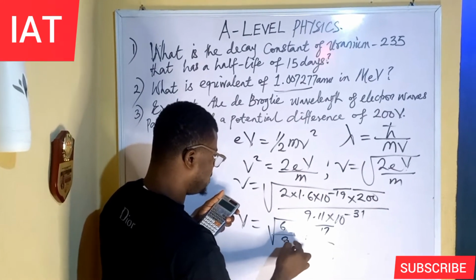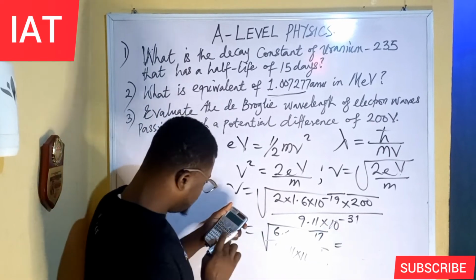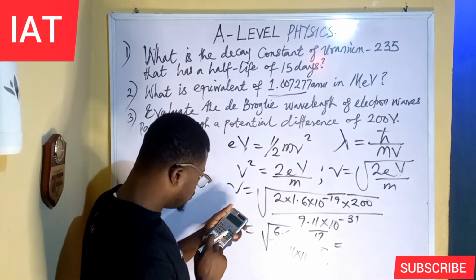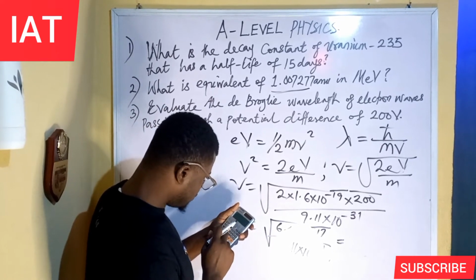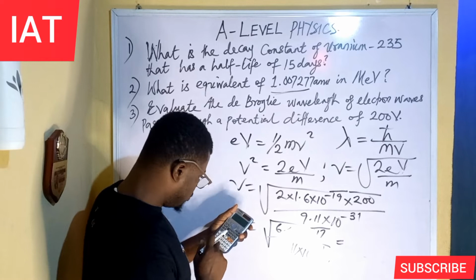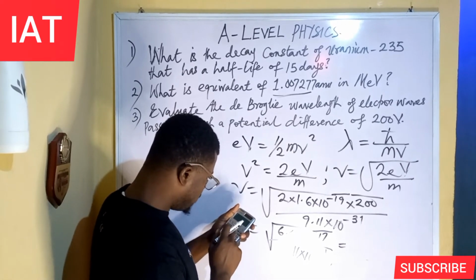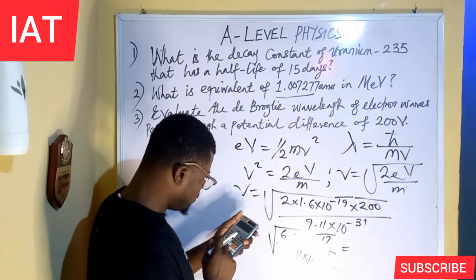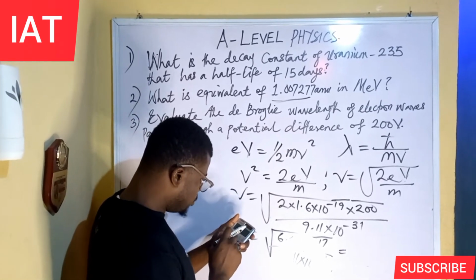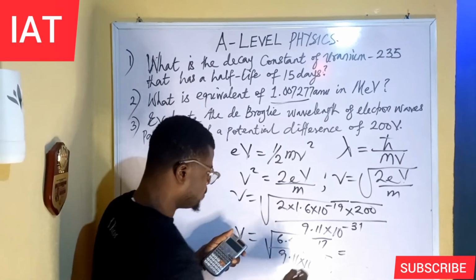This is divided by 9.11 times 10 to the power of minus 31. The result you have here is going to be